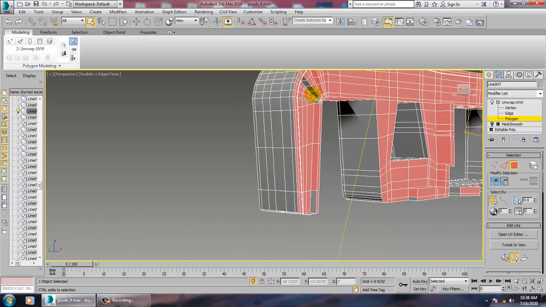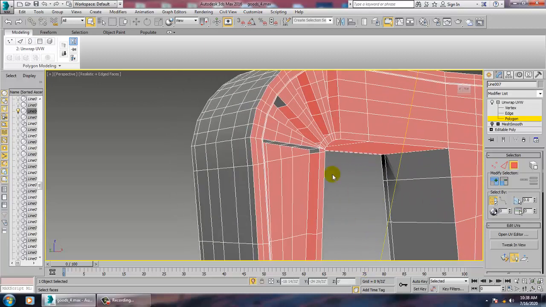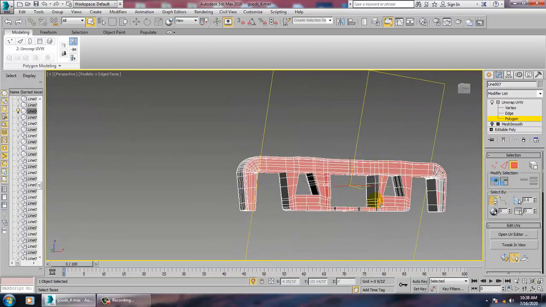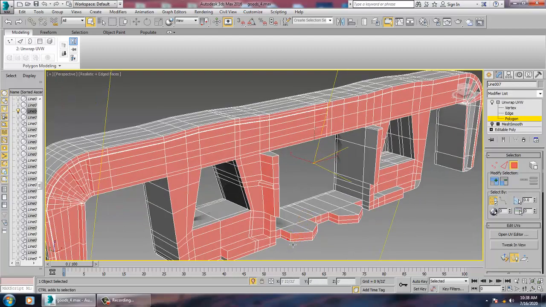Make sure you're not missing any of it. If you have this in the form of a bit of a low poly, that would be much better. But anyways, we'll be just unwrapping the first outside face right now.